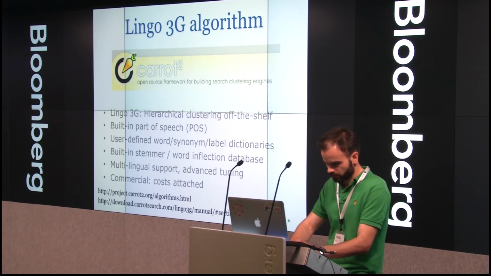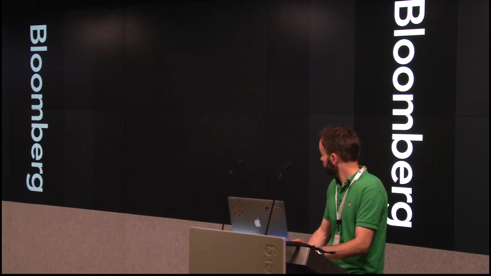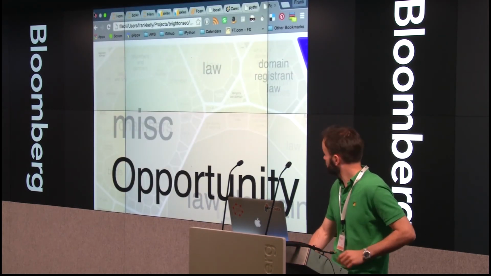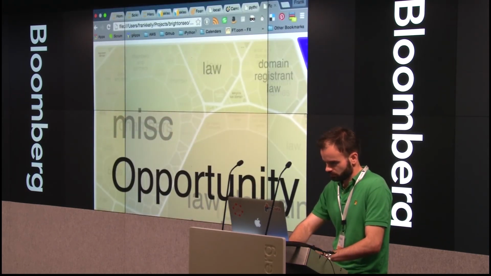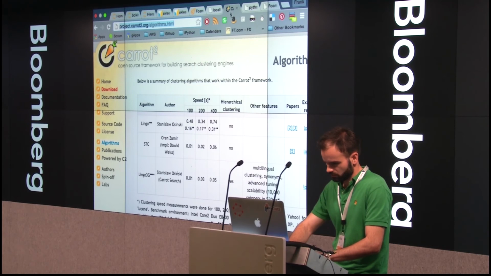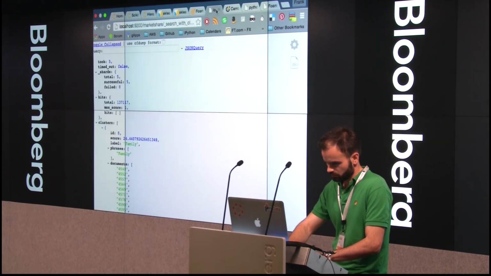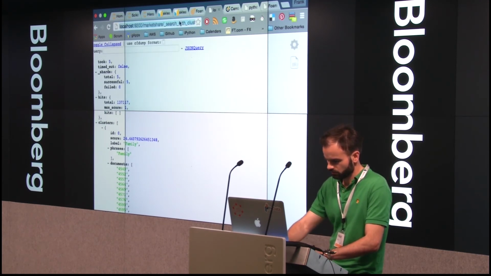So I'm going to try and demonstrate that. So if I just run this now, this is just me running clustering on a set of documents in Elasticsearch.